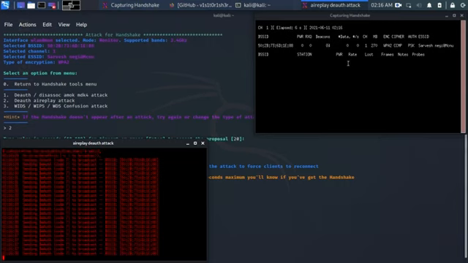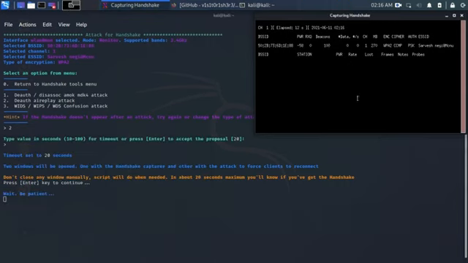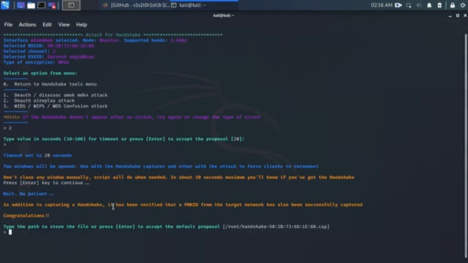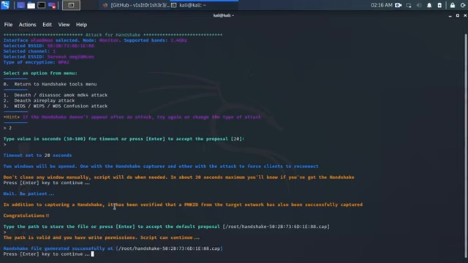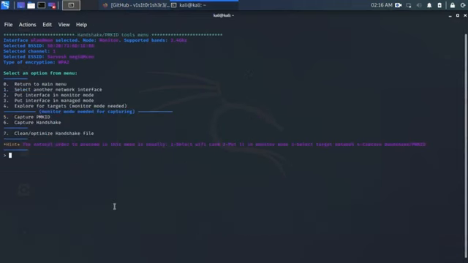Whenever the WPA handshake is captured, it will automatically be detected by the Airgeddon tool. As you can see guys, the handshake has been captured and we have successfully captured the handshake.